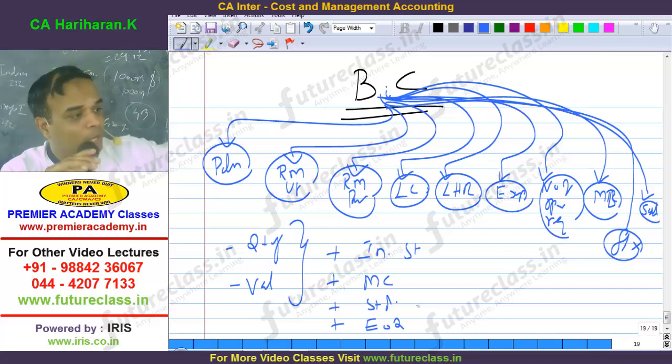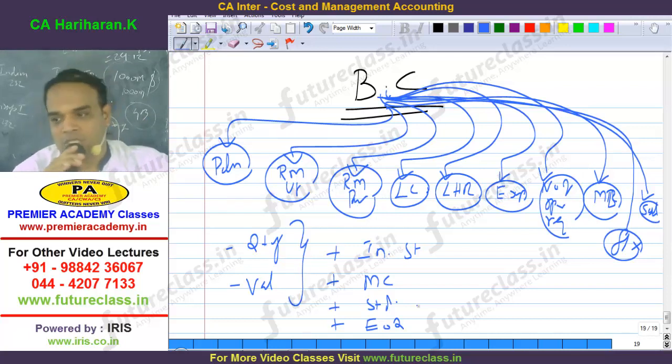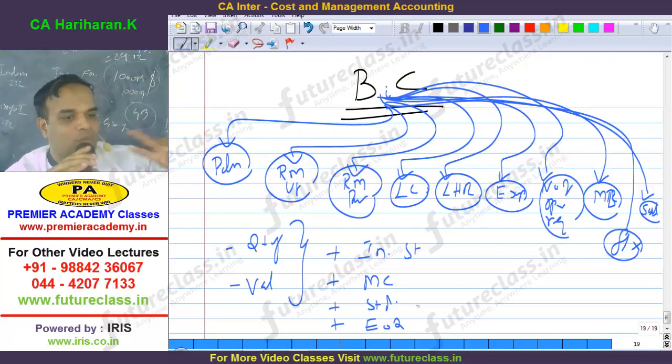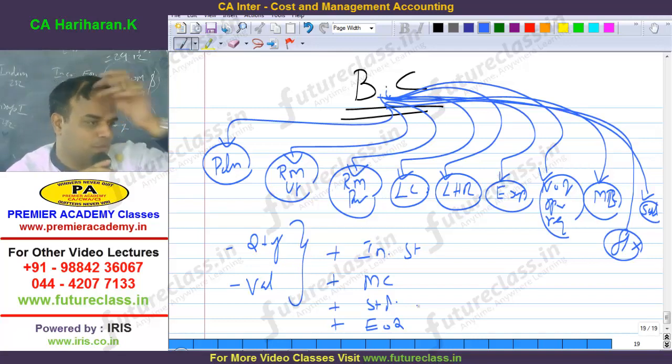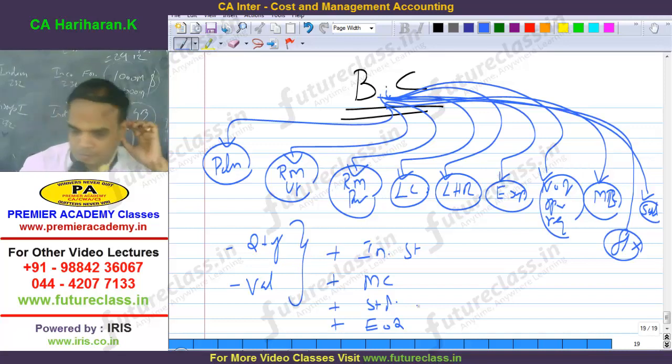So these are all the possibilities they asked in past exams. In the recent past, as I already told, they are not asking budget alone separately, they ask it combined. Budget with standard costing, budget with marginal costing, budget with EOQ, with the income statement, like that. Combined, merged topics only they used to ask. Now, overview of budgetary control, note it down. A little fast, note it down.